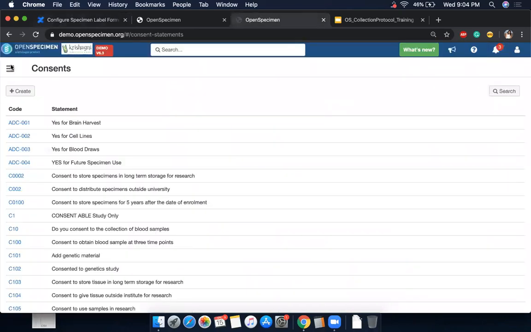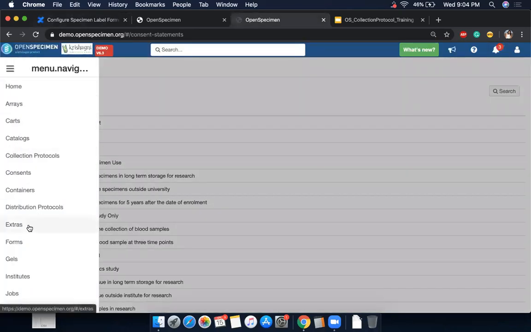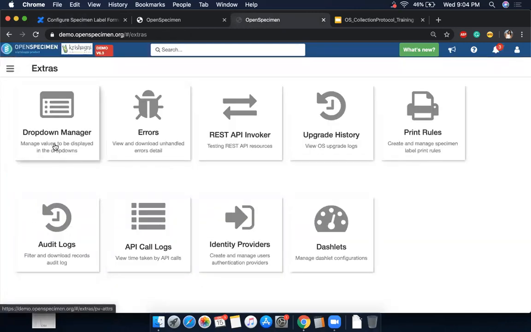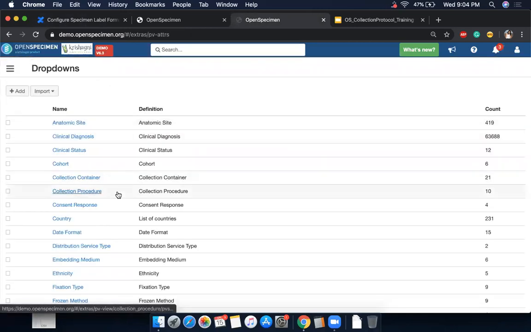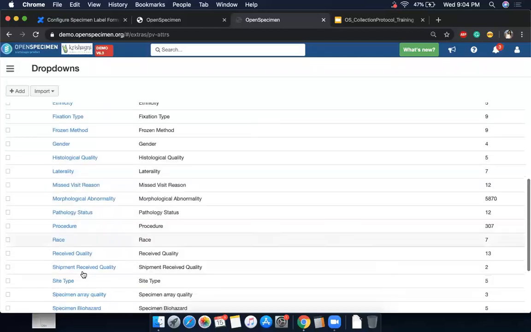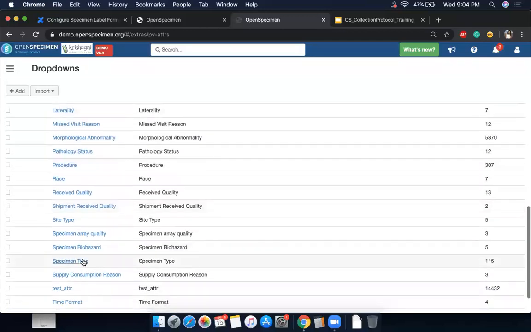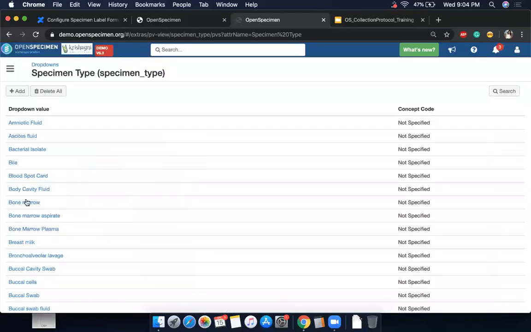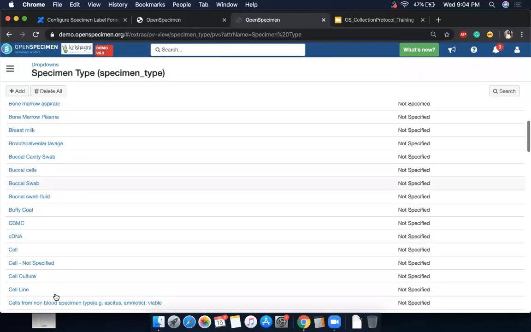We'll see that here. There is something in OpenSpecimen called the drop-down manager, which only a super admin can access. You go to extras from the menu and go to drop-down manager. This is a place where you can manage all the drop-downs in OpenSpecimen, including specimen type drop-downs or any list fields like radio buttons. These are all the types of specimen which are there by default.